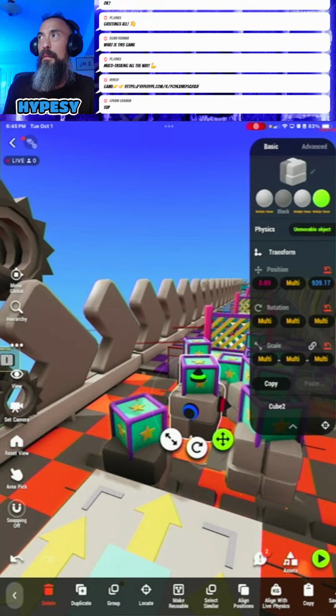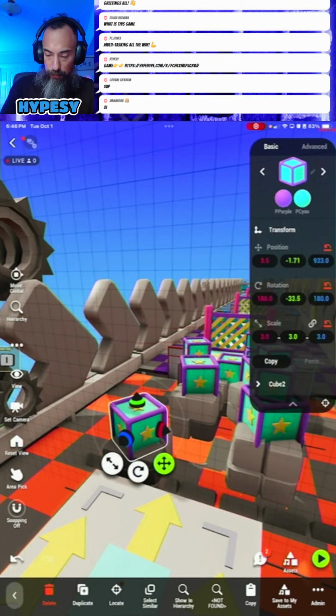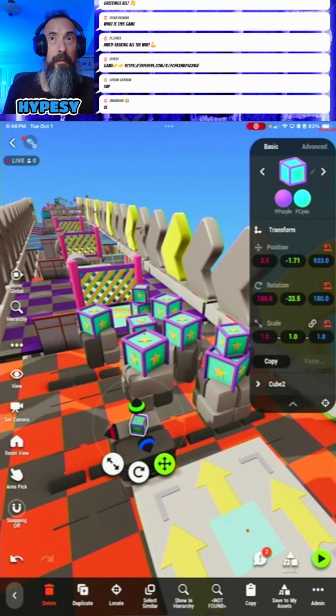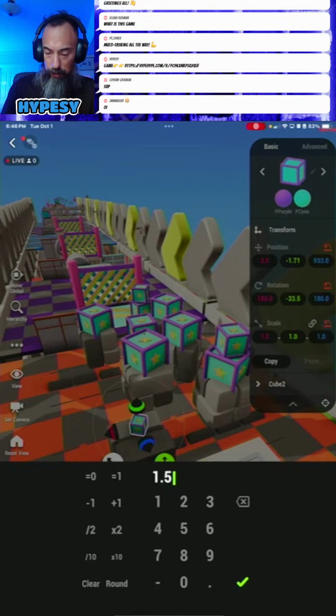Move. Where is that coming from? I'm gonna make this smaller. Not that small.